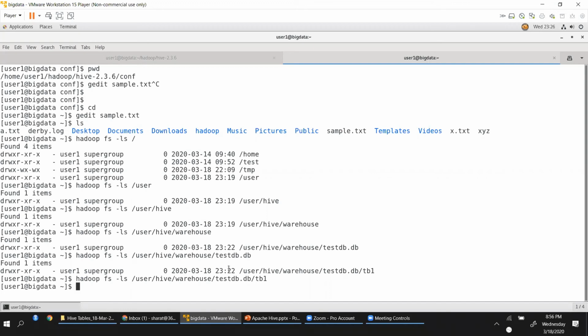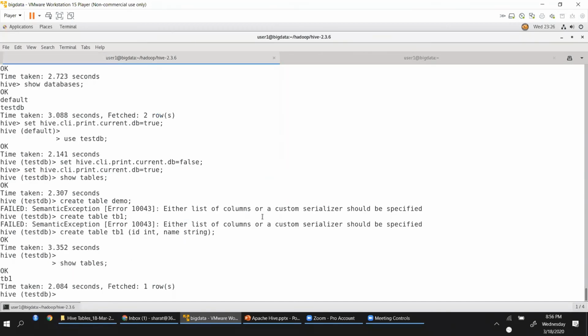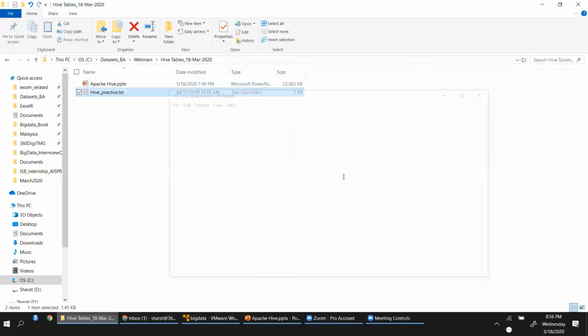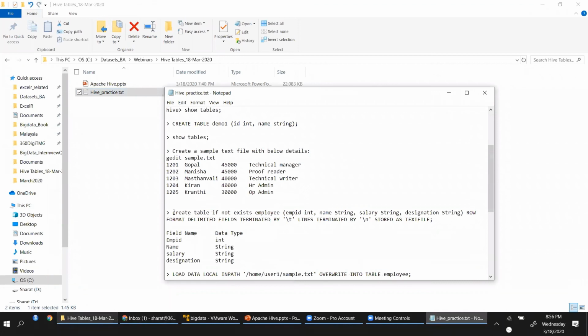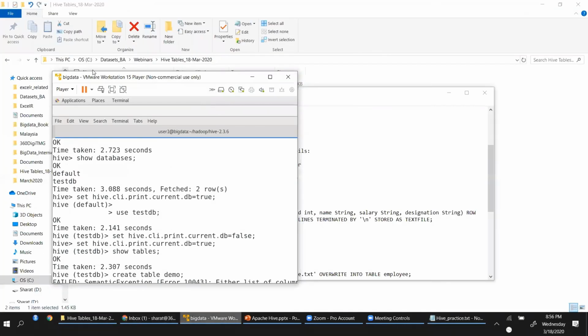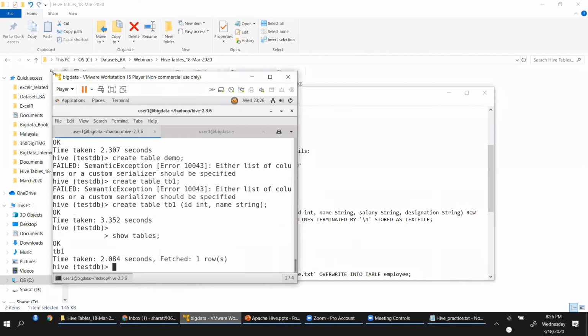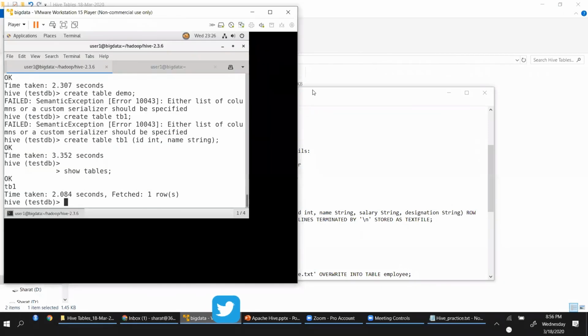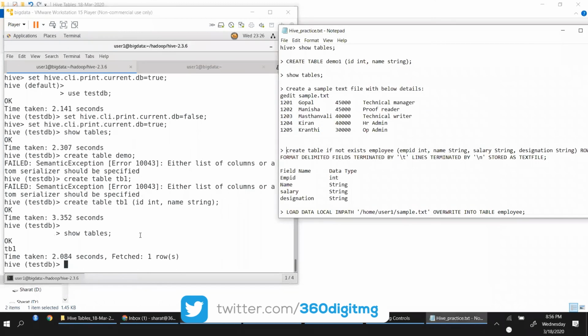We'll go back to that old terminal here. In Hive, now I want to create a table. So I'm creating this table here. Again, let me try and write the query. I'll just put this side by side so that it is easy for me to type.